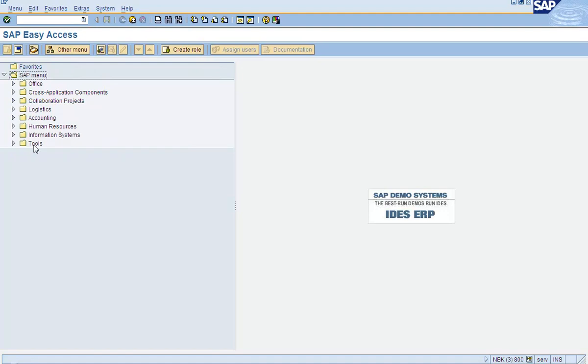But if there is something you want, as a habit, as soon as you log in, every day you want to go to a particular transaction code for whatever reasons, without coming to this screen first, you can set it up there. The only thing it does is you need not type the transaction code. It automatically takes you there as soon as you log in. Now, if I want to go to SU01, I have to type in SU01. That's the only effort that gets saved.